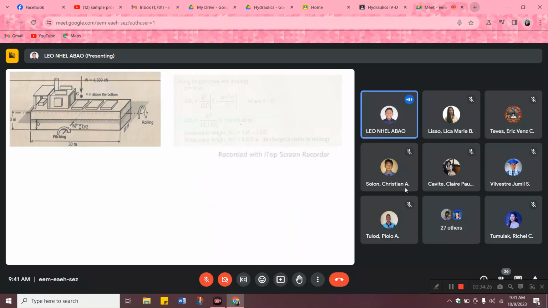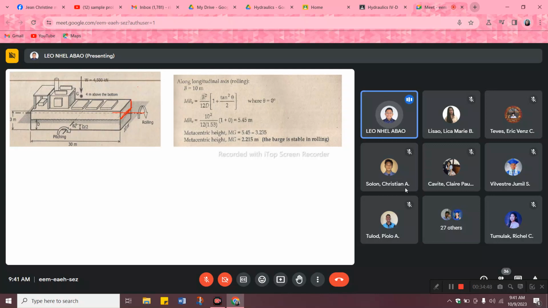Stable ba siya? First class, along the longitudinal axis rolling, again, mas taas, no? So if you notice, kaning axis ato ang gigamit ni nga B is ang 10 meters, kani siya. No? Okay? Ang D nga gigamit is kani. So ang 1 way class, pala dali mo yung numduman, di ba? 1/12 BD cube man to. Ang inyong i-cube nga D is mo na siya kanang asa nakita pa dong matuyok, no? So sa kanisa longitudinal, tuyok man siya either paana or paana. So mo na itong i-cube.